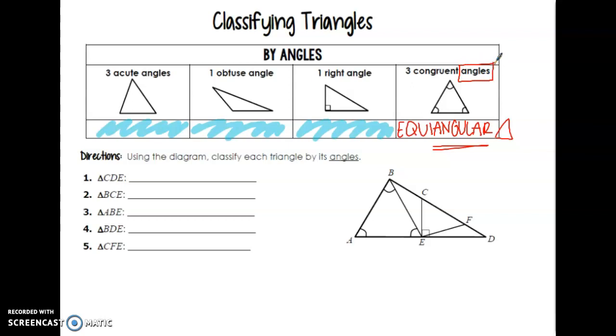So for these first 5, the directions say use the diagram to classify each triangle by its angles. So these 4 are your options for this triangle. For example, the first question says triangle CDE. So I'm going to look at CDE, and I'm going to see what type of triangle that is. Of course,